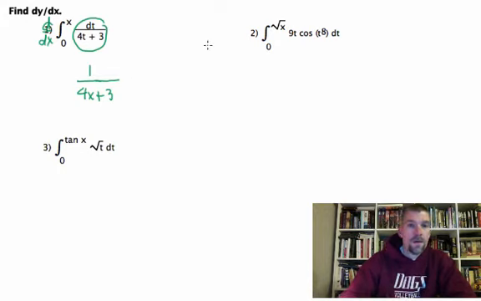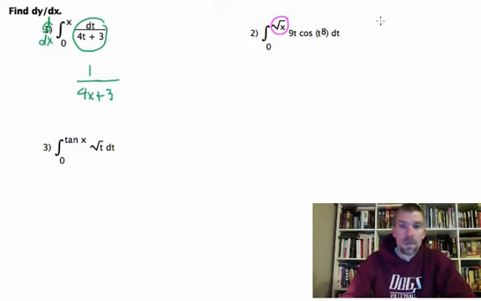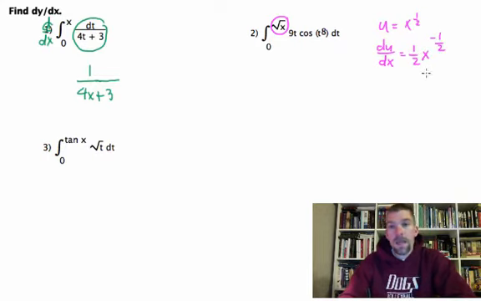Okay? Now, if your upper limit of integration is different, like say it's something not x, then we're going to do what's called a u substitution. We're going to let u equal x to the 1/2 power, and then we're going to say that du dx is equal to 1/2 x to the negative 1/2, okay? And then we're just going to reevaluate this integral from 0 to u